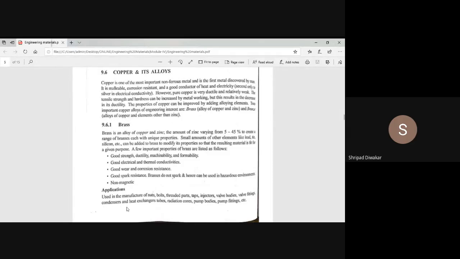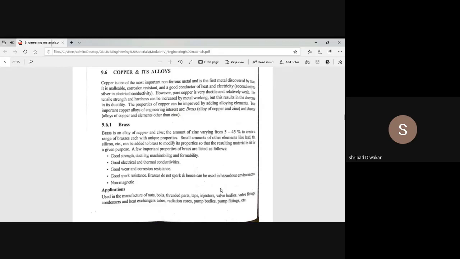And heat exchangers, you come across them in vapor absorption refrigeration systems. For the manufacturing of heat exchanger bodies and condenser coils, this brass material is used. Even for pump bodies, pumping valves, and pump fittings. So brass is used because of its extra strength, machining characteristics and formability. So these are the applications. Remember, brass is an alloy of copper and zinc.